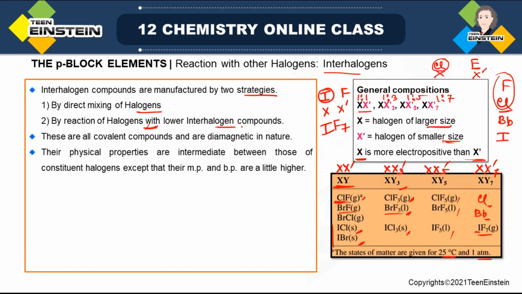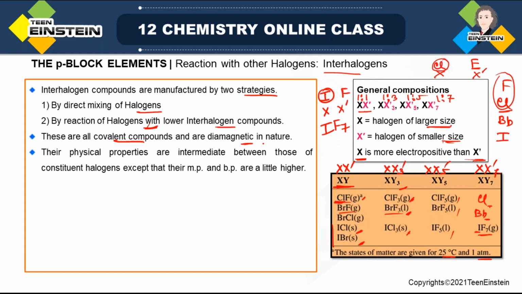So there will be some exchange replacement reaction, and then you will get a new interhalogen. So from interhalogen you are making another interhalogen. These are all covalent compounds, and this has to be because both the atoms are from the same group and most of them are non-metallic in nature, right? Now the electronegativity difference between two halogens obviously will not be very high. So that is why it will lead to covalent bond formation,